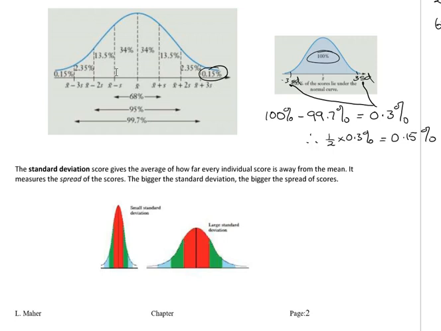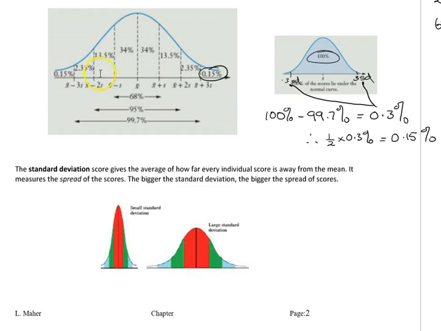You may also be asked how many scores would be in the range from 1 standard deviation below to the mean. Now that's not too difficult, that's only half, isn't it? So half of 68 is, as it's indicating here, 34%. Down here,